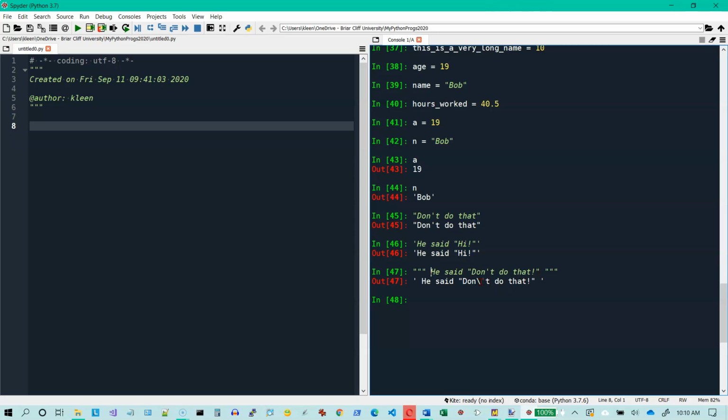And don't worry about this. This backslash and apostrophe is a way that Python stores some special characters, and we're not going to really worry about that too much, at least for a while yet. Okay? Now, on the other hand, if I said